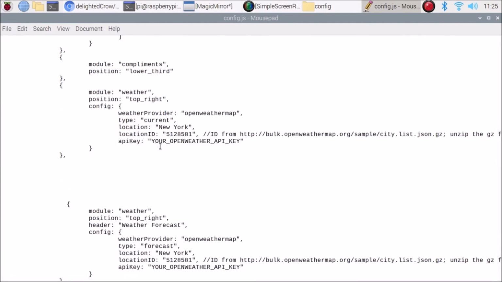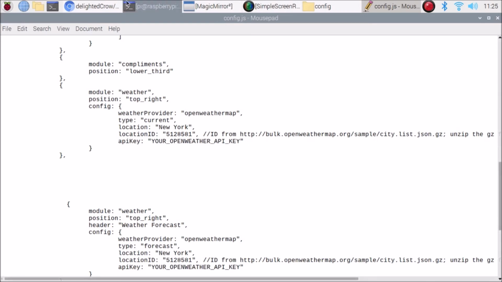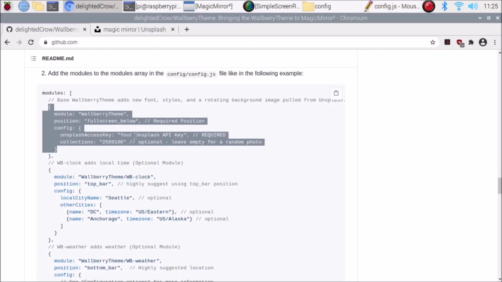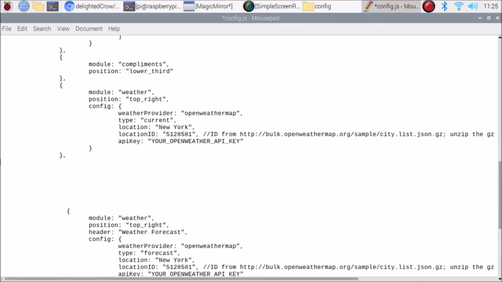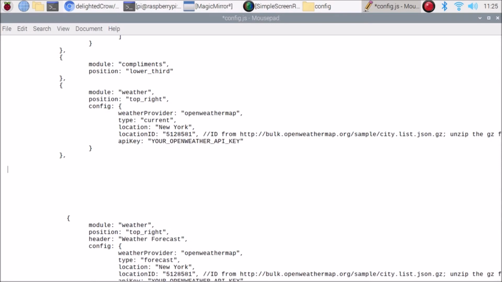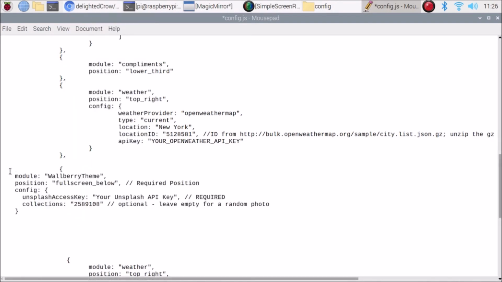code, as we pasted it for enabling the Ironman GIF or enabling the Amazon module. Same step: simply copy the code from here, and open config.js, and we are going to paste it this way. Hit enter after the curly braces with a comma. Then again hit enter, paste the code which we have copied, and set it in line this way. Module, come here, then position,